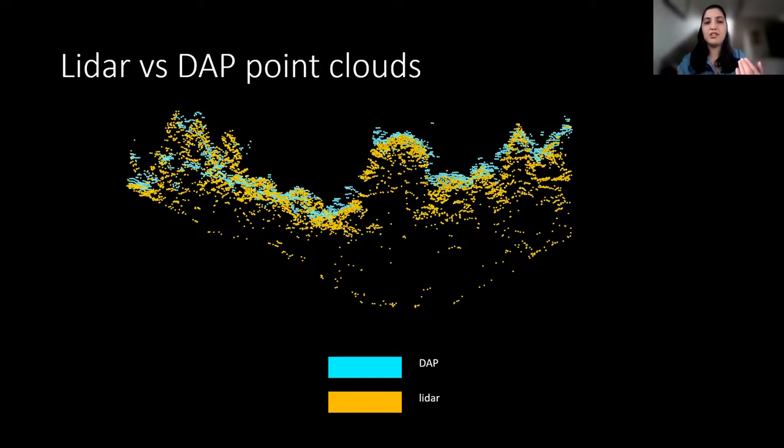Now I'm going to transition into lidar as truth versus DAP point clouds. The first thing that's really important to notice when you're comparing the two is that lidar point clouds are a lot richer and a lot denser. They pierce through the canopy, and you can see that from these yellow point clouds here. That's the lidar, versus the DAP, which is only showing us the top of the canopy. It can't penetrate through the way that lidar can, and that's an artifact of the fact that this is lower resolution data. So it's really good at looking at the top of the canopy.